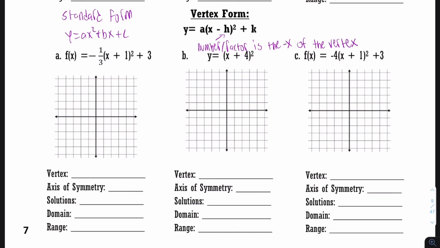Well, it's the negative x of the vertex. You remember how whenever we would solve those factors, the answer would always be the opposite version of what was inside the parentheses? Well, that's because in the formula for vertex form, we have a negative sign in front of h. And then k